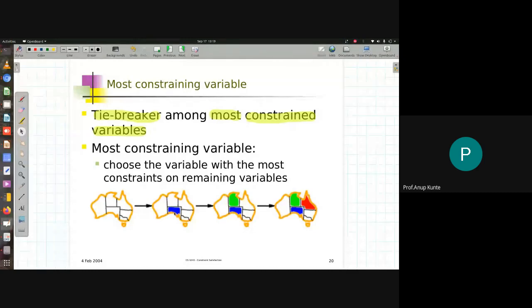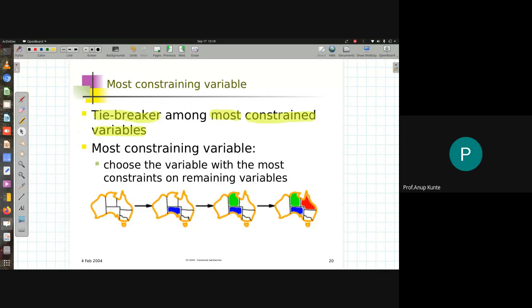So I should choose the next most constrained region amongst the others. You'll find that this region has a constraint rating of 3. This also has a constraint rating of 3. This region, this one, also has a constraint rating of 3. There are 3 regions to choose from. Should I choose the one in the middle here, second, or choose a third? Should I choose third, or should I choose fourth?